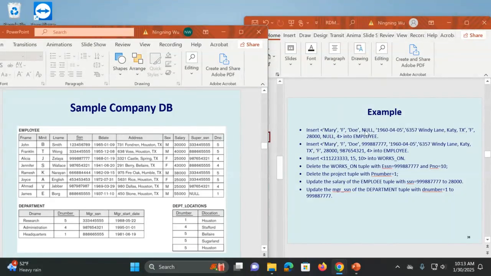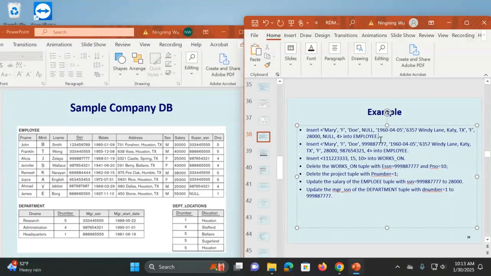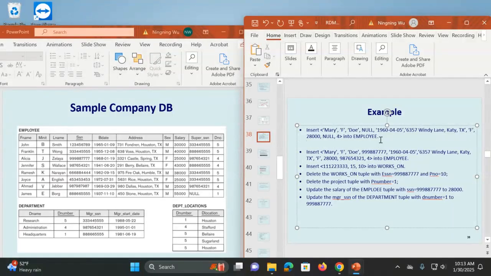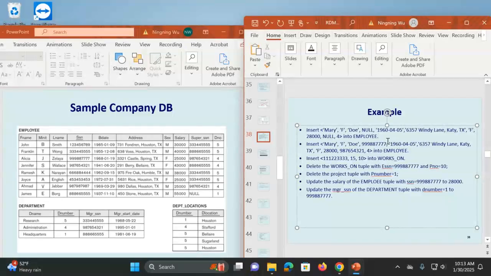So we have 1, 2, 3, 4. So this now will be the new SSN of this new record. So the null should not be in the key field. So this null really violates the entity integrity constraint, which requires that no null values in the primary key